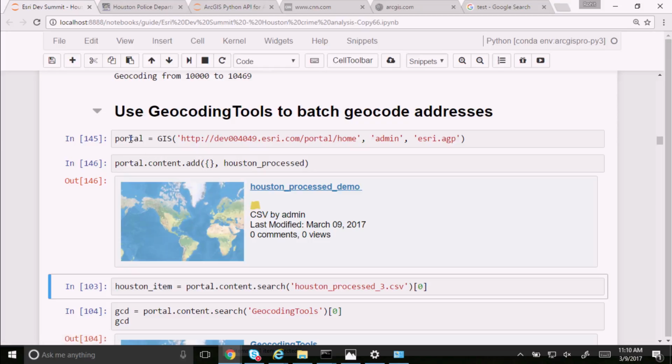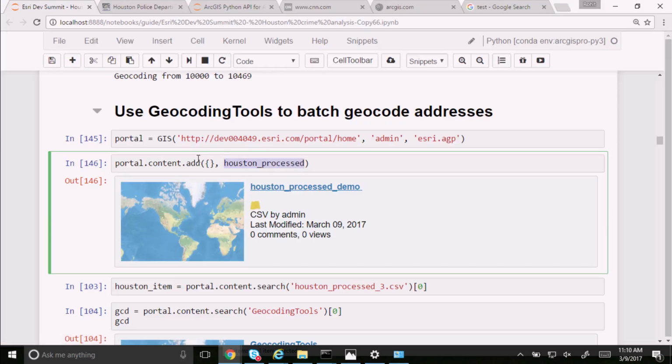Okay, so I added my file to my portal. The way the geocoding tools work is you have to first add a CSV file to your portal, then you tell the geocoder to geocode that CSV file, and it writes the results to another CSV file that you can download. So I've written my CSV file,